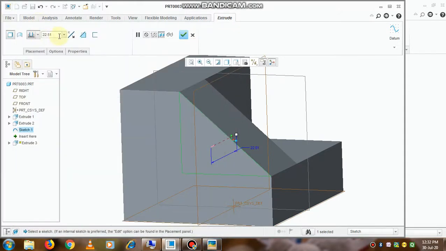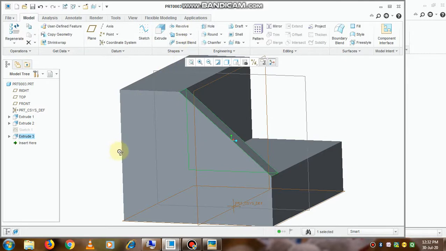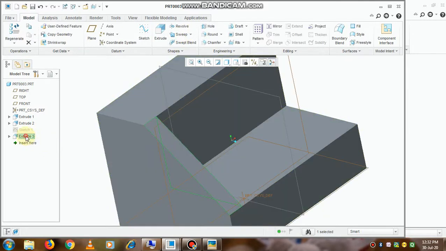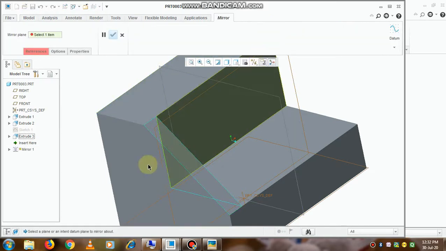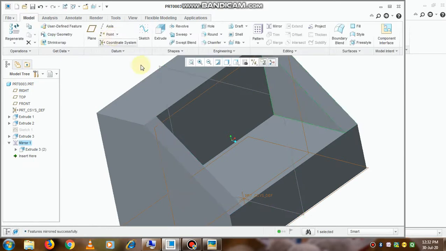So the thickness of rib, it is 9. Here I am taking it 6. I will show you in the next video how to make it 9 by going into the edit option. So even after doing the extrude command, we can modify it by going into an edit option.